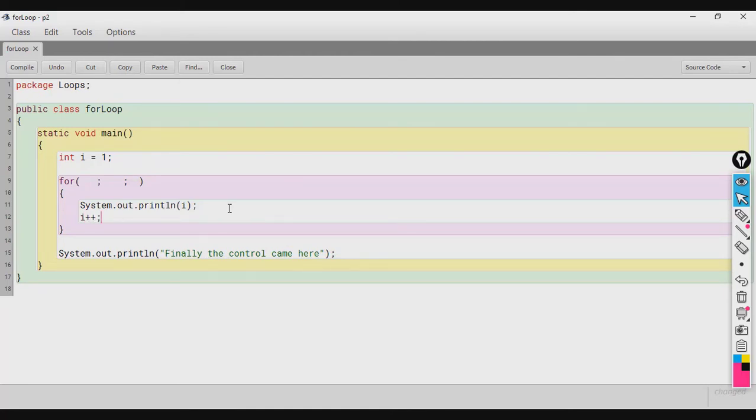Okay. So this will not cause any error. Although I have left these parts blank here, this will not cause any error. The condition here will remain true by default. So it will become an infinite loop, but I am updating the value of I here and I am initializing the variable I before the loop starts. Okay. So that is also possible. So let us see the output for this.